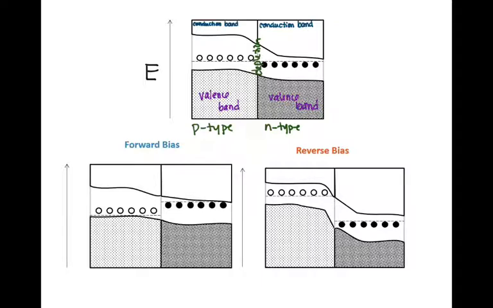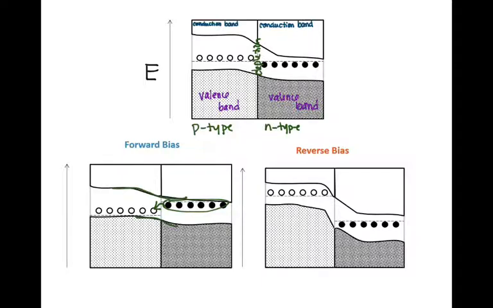We can depict how forward biasing would change the energy levels of the p-n junction. Forward bias would supply some higher energy electrons that now do have sufficient energy to diffuse over to the p side, and so now current can flow. Basically, the way that this looks is that the band bending at the edge here gets a little